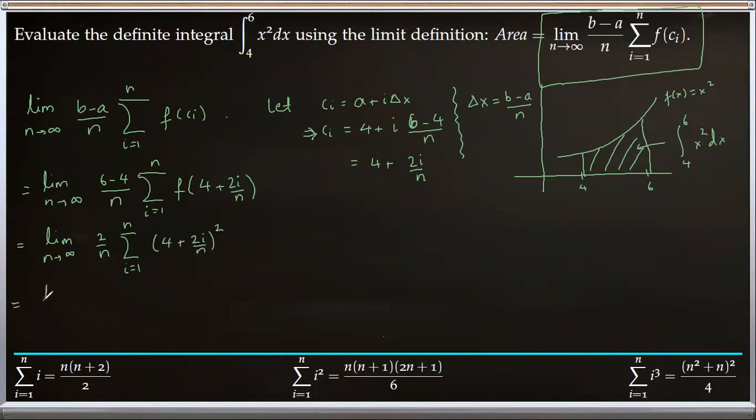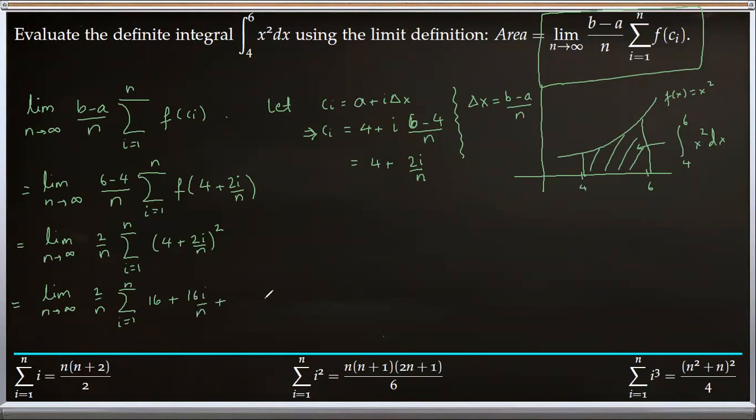Let's try to evaluate this expression in the parentheses first, keeping everything else as it is. When we square this, you can basically write 2 copies of (4 plus 2i over n) and FOIL. So you get 16 plus 2 times 4 times 2, which is 16i over n,